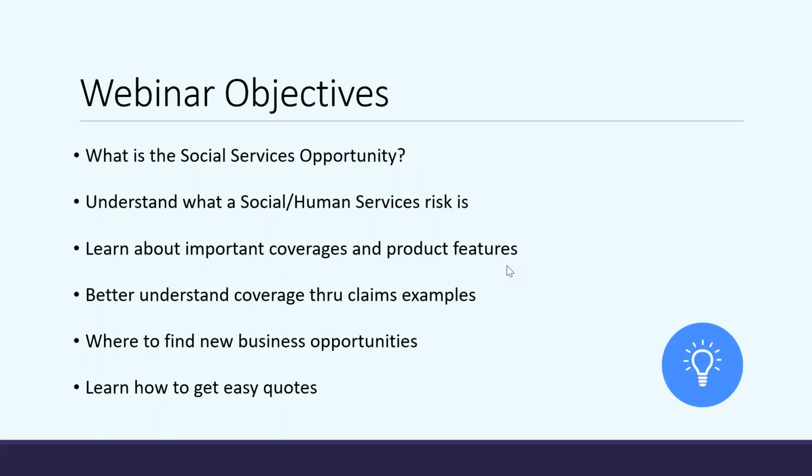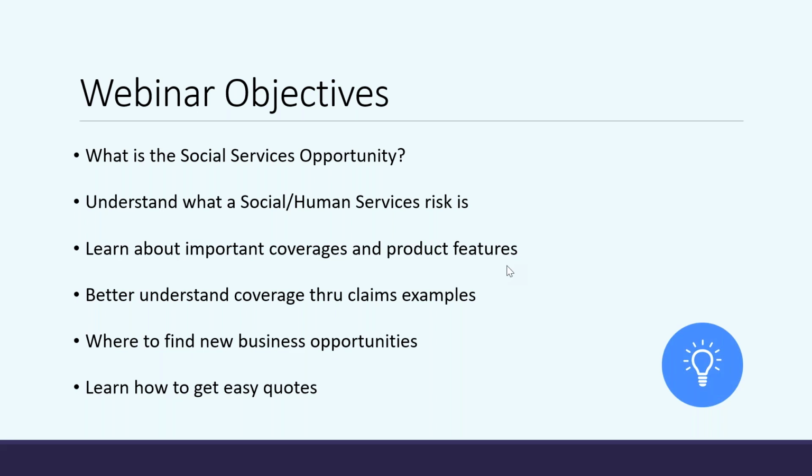We've got a great partnership with CID, and at USLI we are just one of the many markets that CID has. So please keep that in mind as we're going through this. Again, I work for USLI. I am on our nonprofit side. Today, we're going to be talking about the social human services product that we can offer and that you all have access to. It's just important to note, I think, from a lot of the different products that we offer and that CID offers.